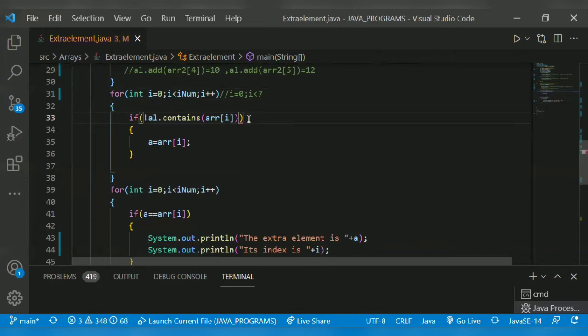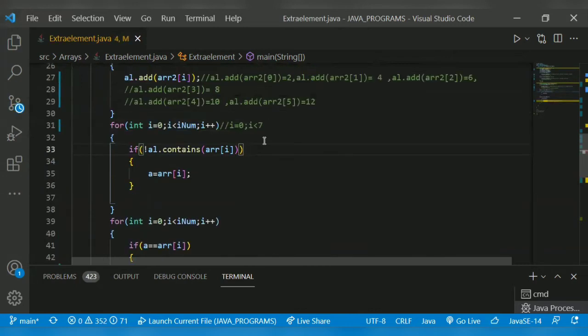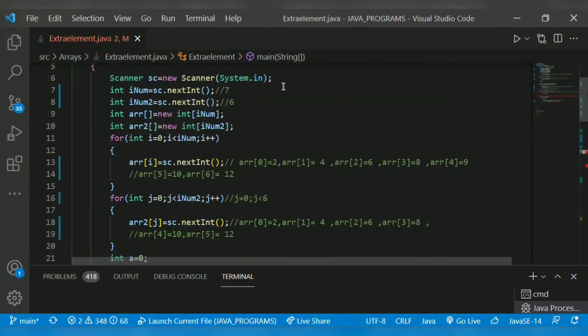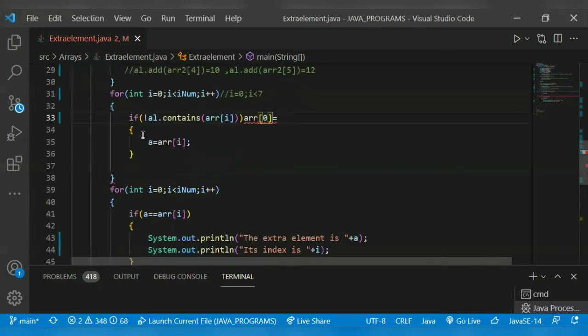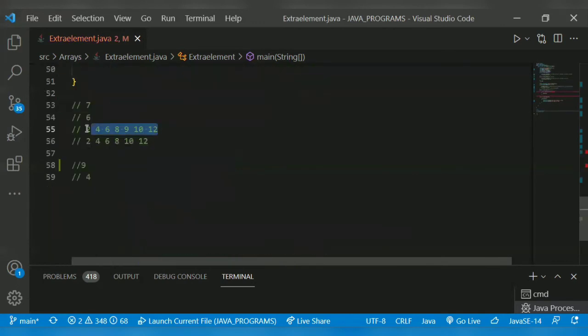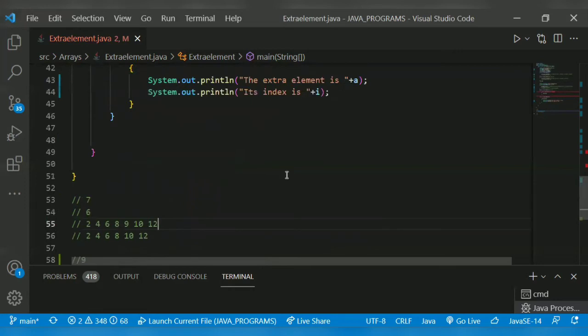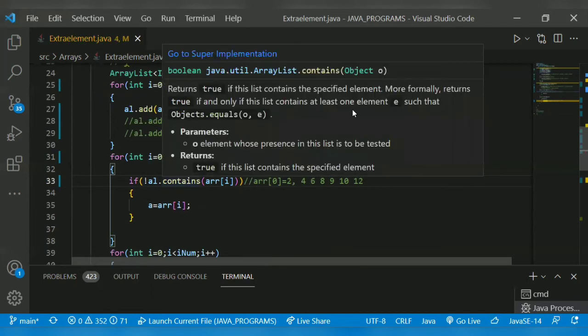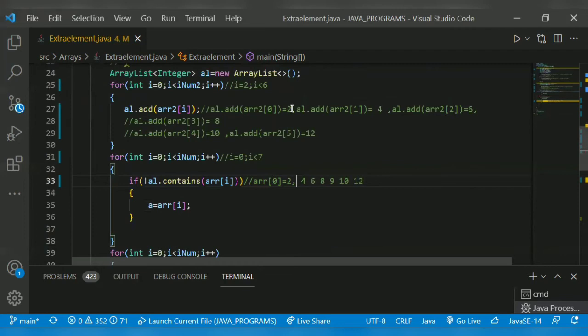Now arr of i, which is arr of 0, I iterate this array. For arr of 0, which is 2, is 2 present in the array list or not? Yeah, it's present in our array list.